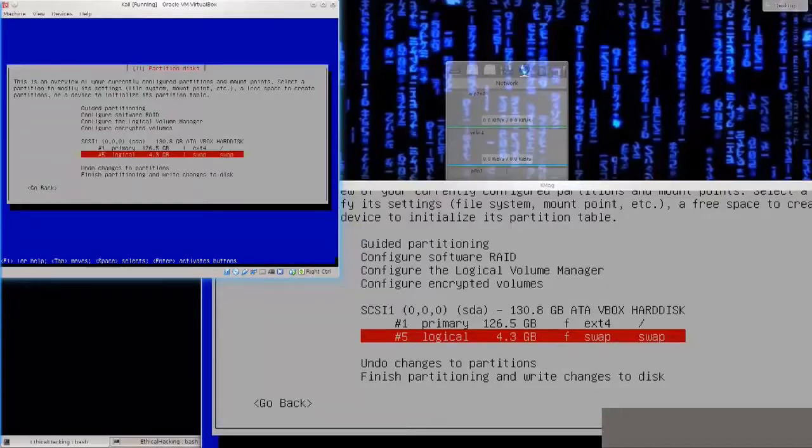Usually swap partitions are configured to double the size of your RAM. My RAM is 8 gigabytes, but here by default the computer has assigned 4 because this is a virtual machine, and if you remember, at the beginning I assigned 2 gigabytes of RAM to this virtual machine, so it has just multiplied it by 2. It was just above 2, so I get 4.3